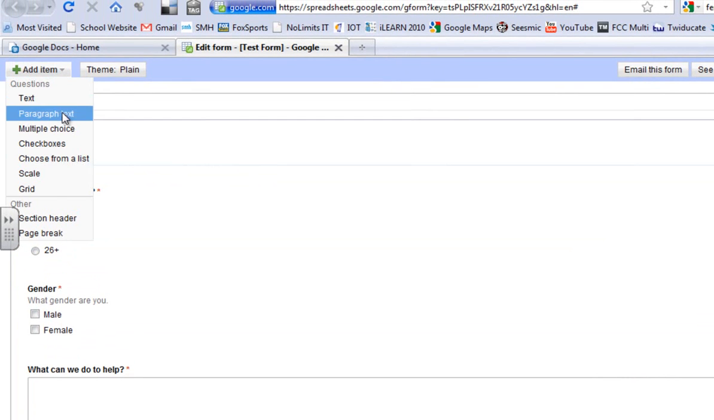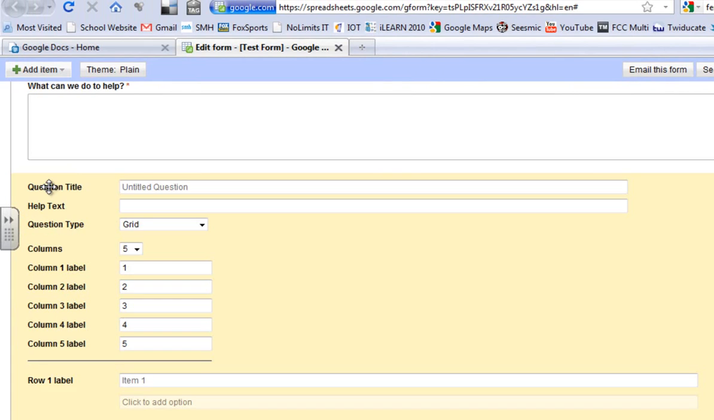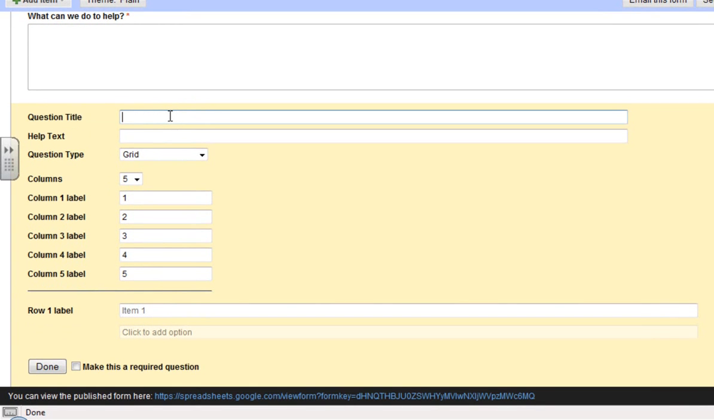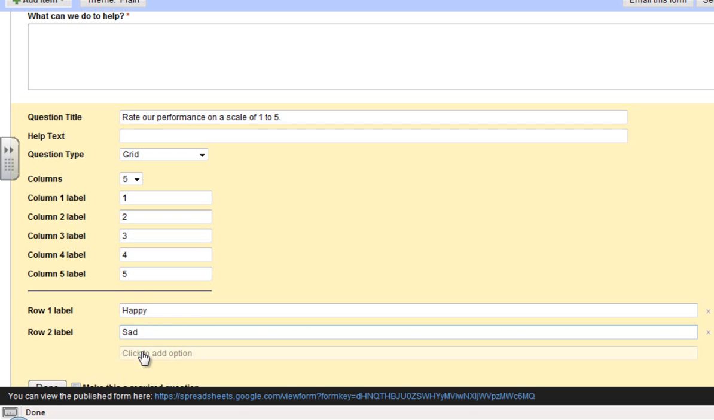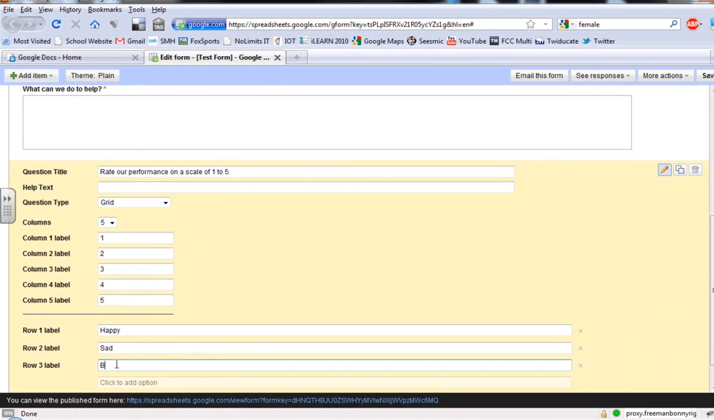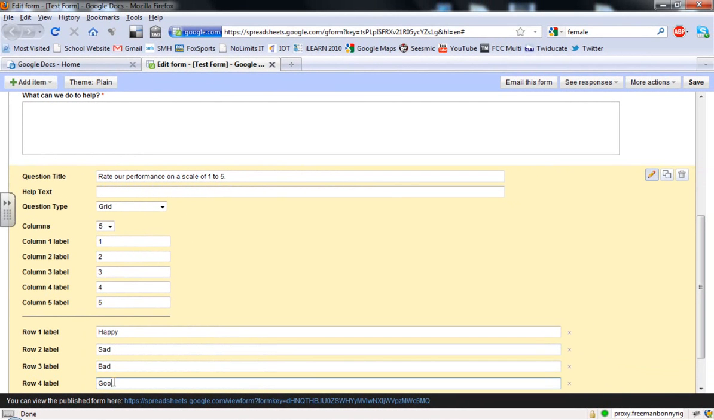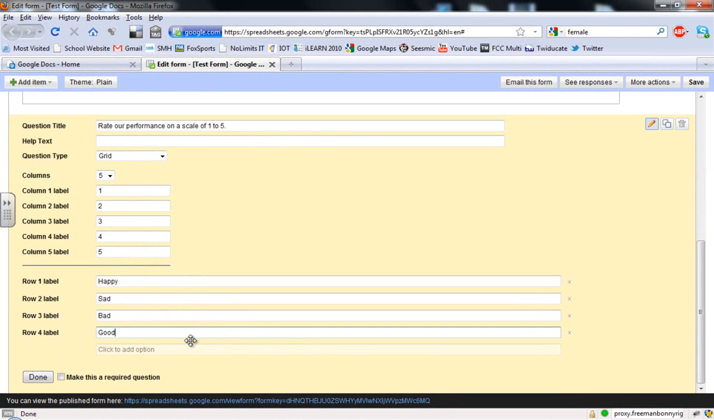A new question, simply add item, and I'm going to say a grid this time. So for this grid question I'm going to say rate our performance on a scale of 1 to 5. So I have my 5 scales there already, and where it has row 1 label, I'm going to say happy, sad, and just make up the rest. And last one,